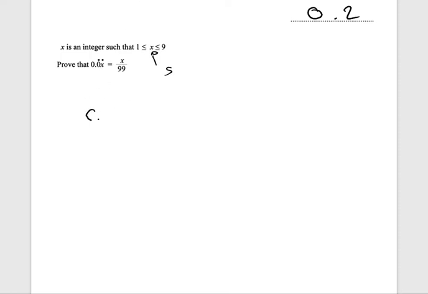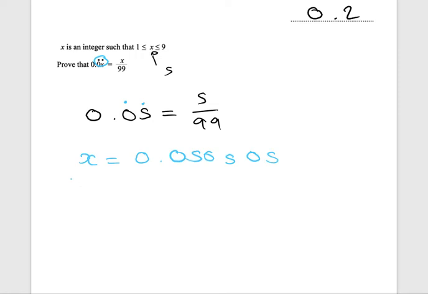We know that 0.05 reoccurring is going to be equal to 5 over 99. That's what this is trying to say. And we can work that out by saying x is going to be equal to 0.05 reoccurring, because both of these numbers are reoccurring, as you can see there. 0.0505. You can multiply by 10 to get 0.50505. You can multiply by 10 again to get